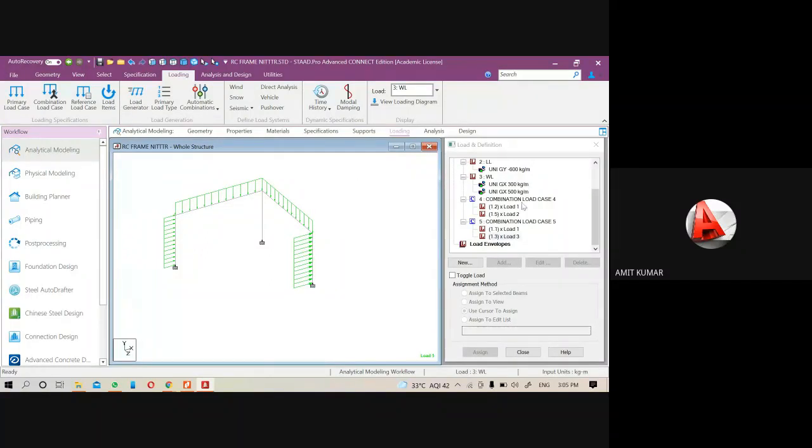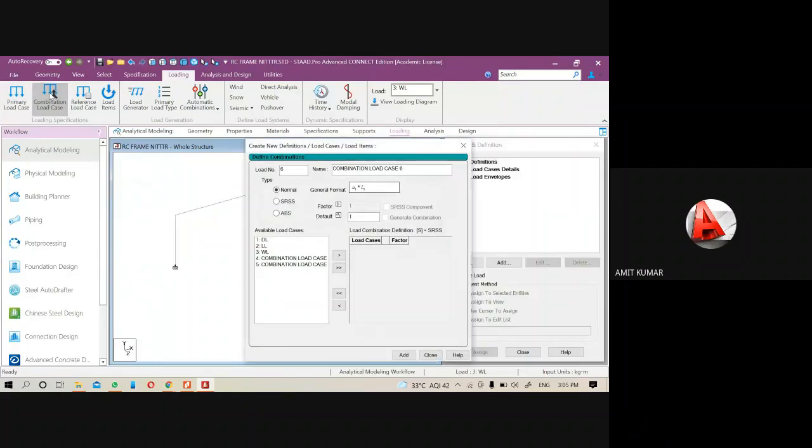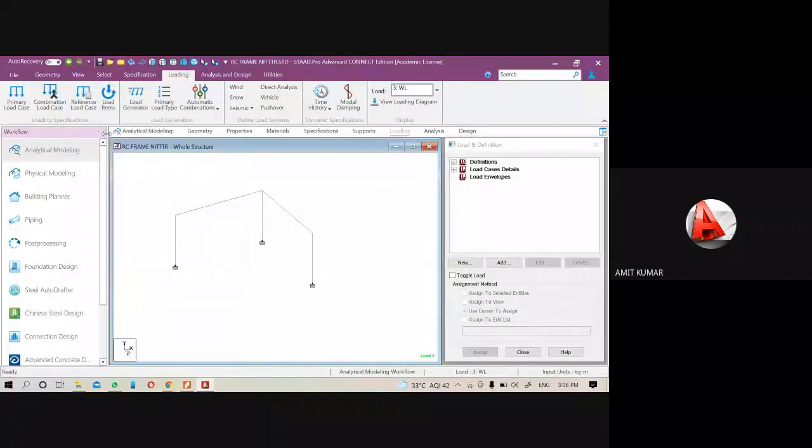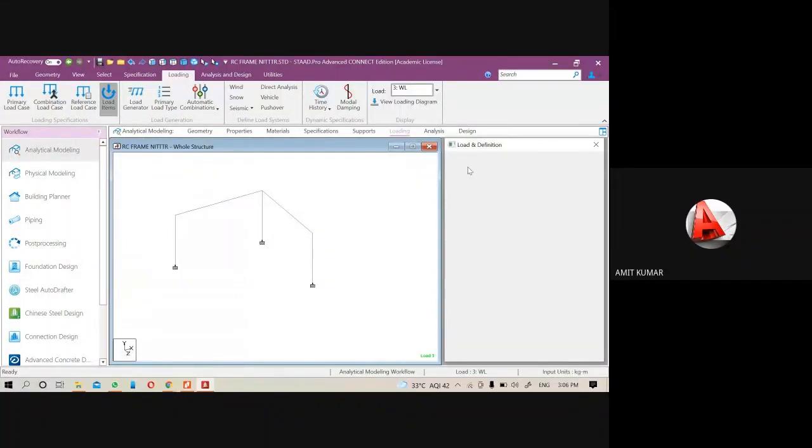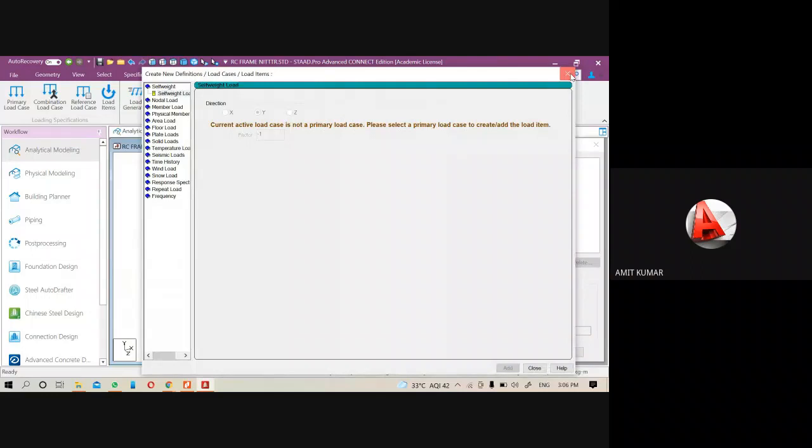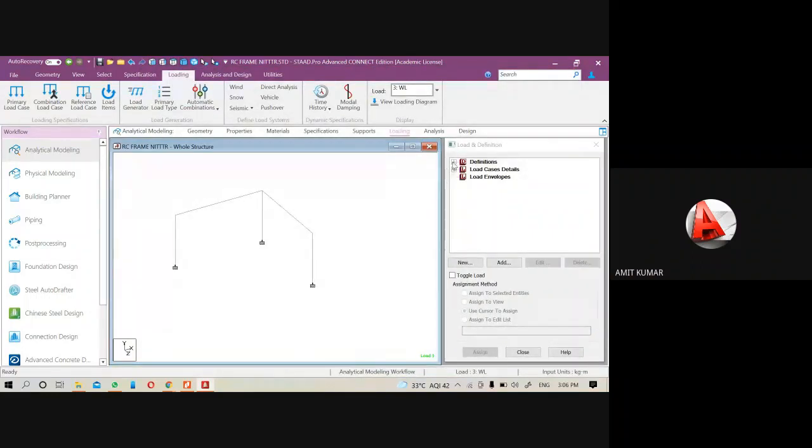All these combinations can be done through here also. Here you will get the combination method from the top also. There is the reference load case, load items, everything.